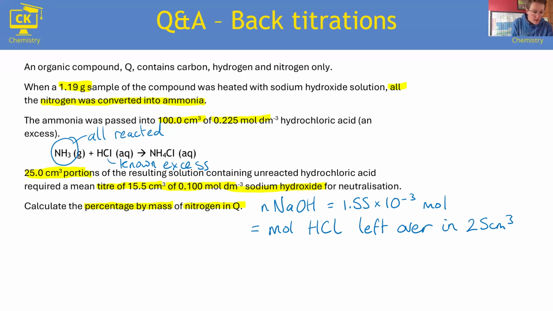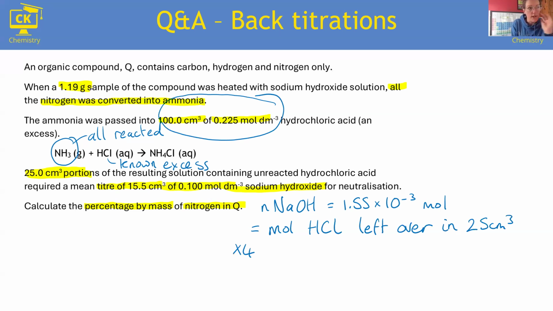But the original volume of the acid was 100. So I just took a sample out. That's normal for a titration. Take a small sample so that I know how much is there, so that I can keep repeating the experiment. That's why I take a small sample. So I'm going to take that and I'm going to times it by 4 to get the moles that is